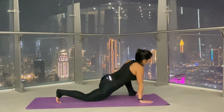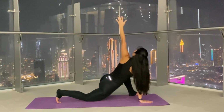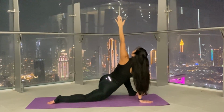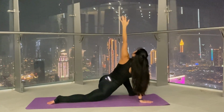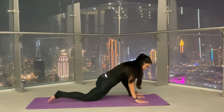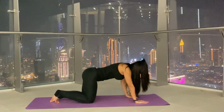Hands on the floor. Inhale, open your chest and stretch. The left hand up towards the sky, gaze up towards the sky. Breathe. 1, 2, 3, 4, and 5. Exhale. Release the hands towards the floor, tuck your toes behind, and a step back and come to